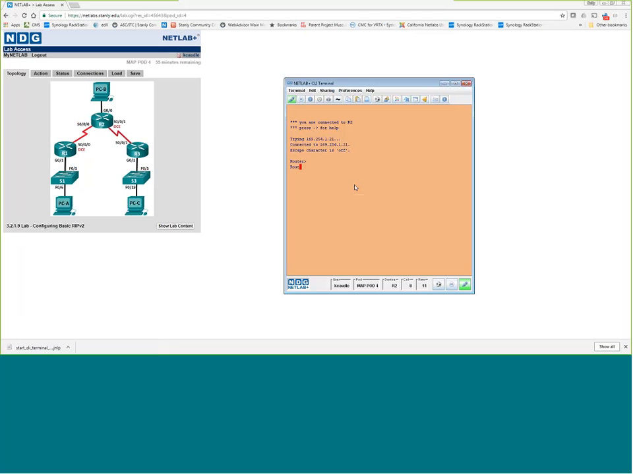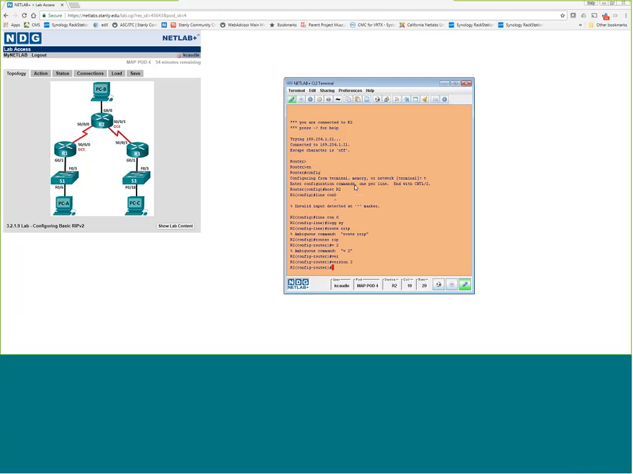And this one I'm going to leave the same just because I know it's a little small, but just for speed's sake, I'm not going to change the colors on it. All right. And then I'm going to do host R2, line con 0, logging synchronous. And then I'm going to do router rip. Router rip. I'm going to do V2, and let's see, network